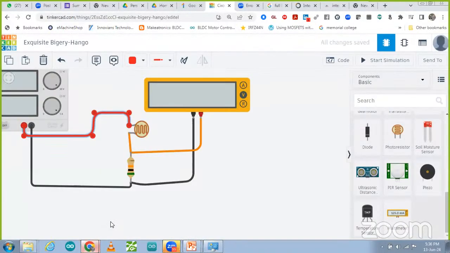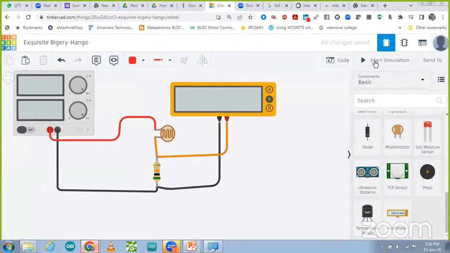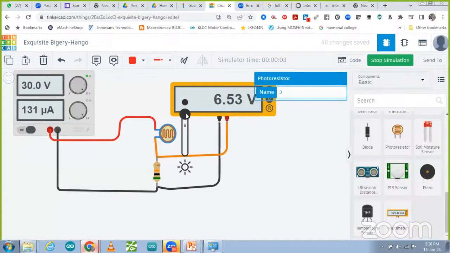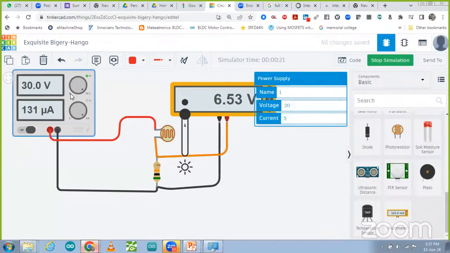So now you can see what we are doing: we are starting the simulation. We are going to click on the sensor. When we change the light intensity, what is happening over there? The voltage is changing, that you can see. It goes up to 6 volt like this, and the voltage is changing like this. So this voltage we can read in the microcontroller. Now we are going to set this voltage to 5 volt, because a maximum of 5 volt we can read in a microcontroller. Now it is working